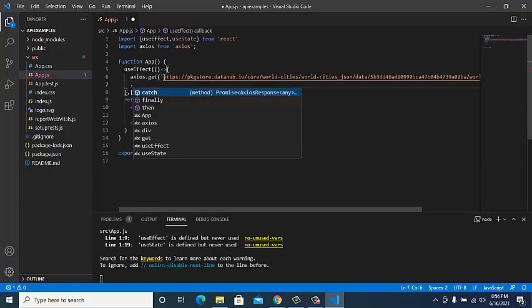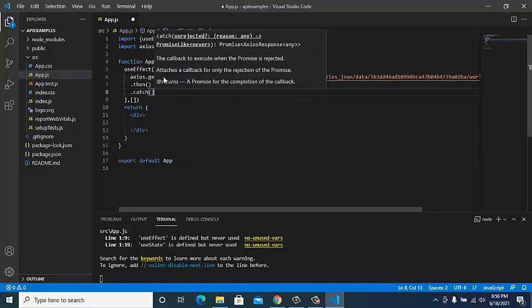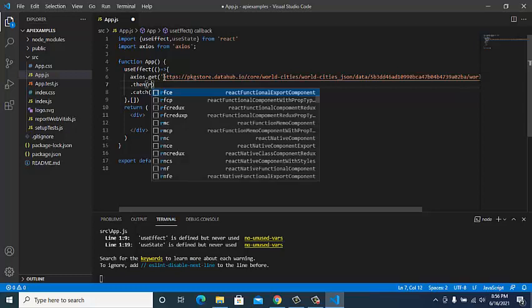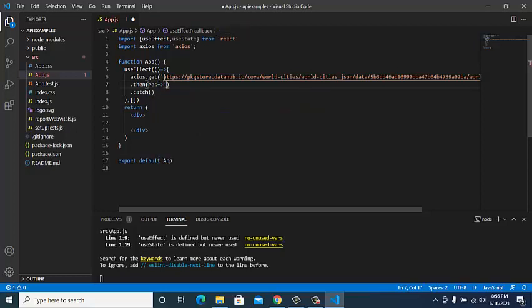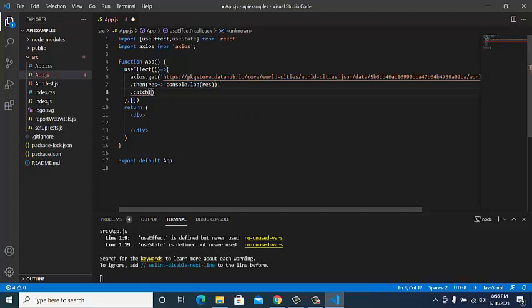To handle that promise, we'll use then and catch methods. Inside the then method, we'll have a callback function with the input as response, and I'll just do console.log for that response, so that whatever data is there, we could see that data.